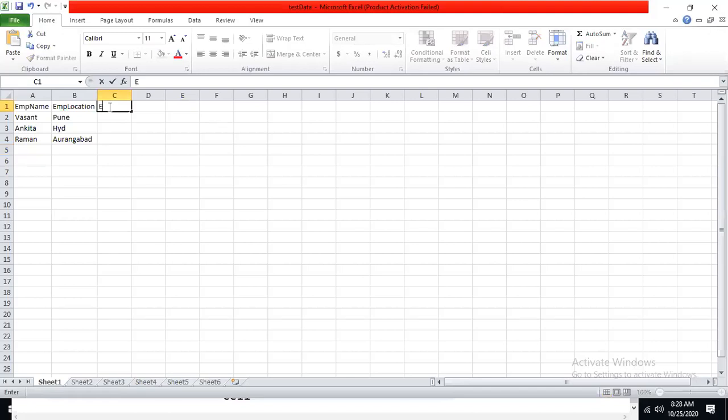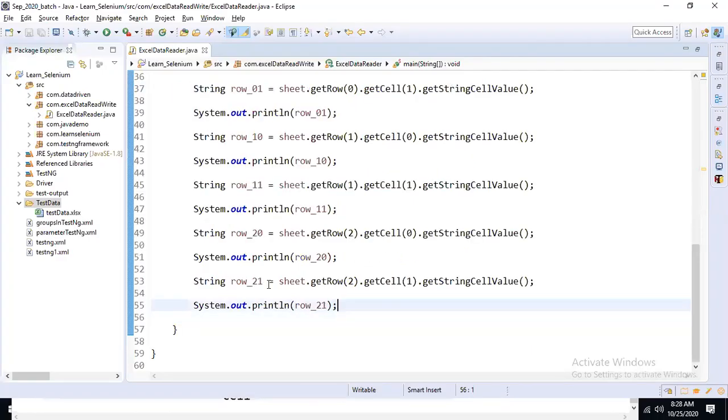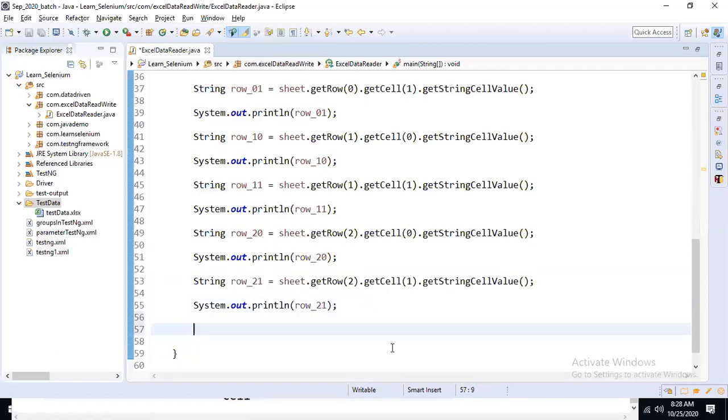employee ID. So this employee ID, at what location? 0th row, second column. Yes or no? At 0th row, second column, what is the data type? String type only. Okay. So this is my 0th row, and what is the column name? String type. So I'm going to display that value. Okay. So this is employee ID.